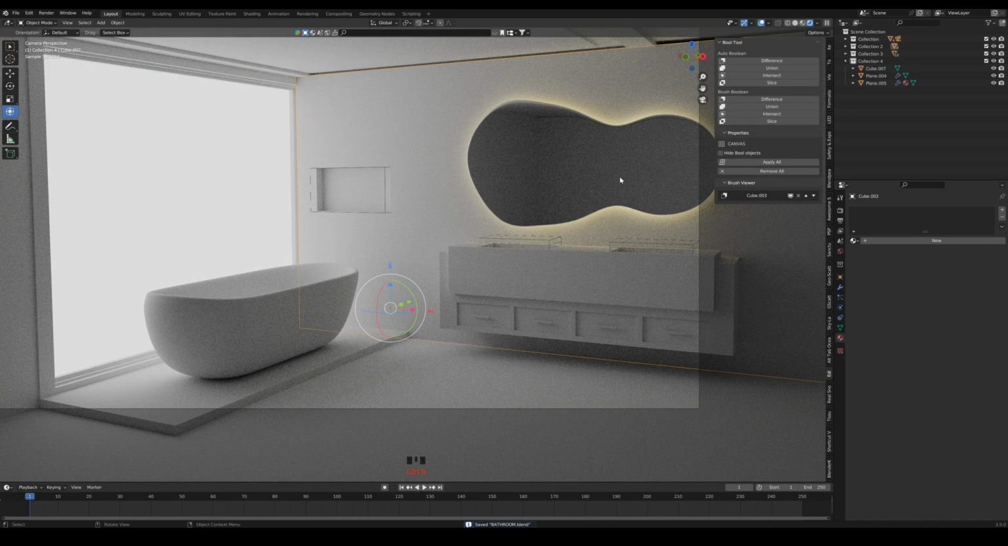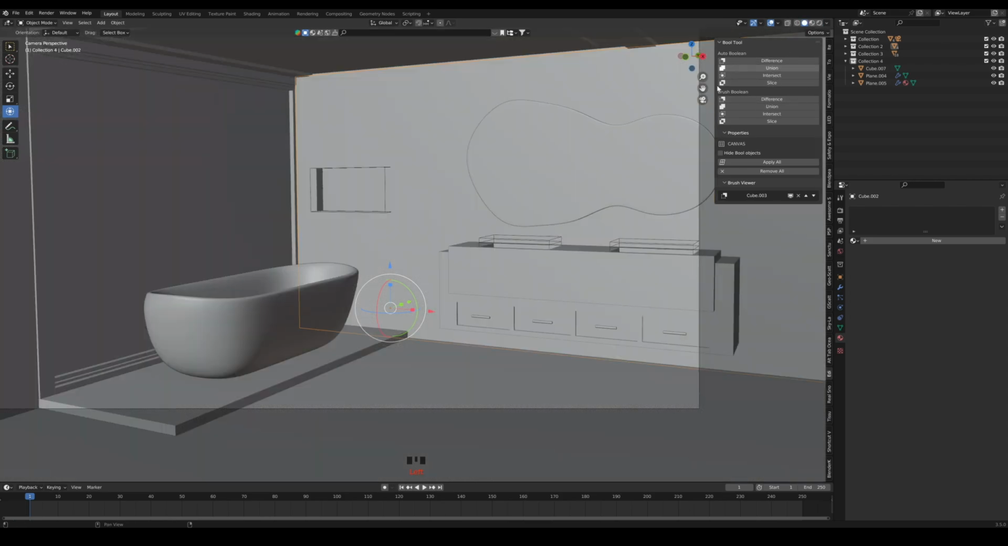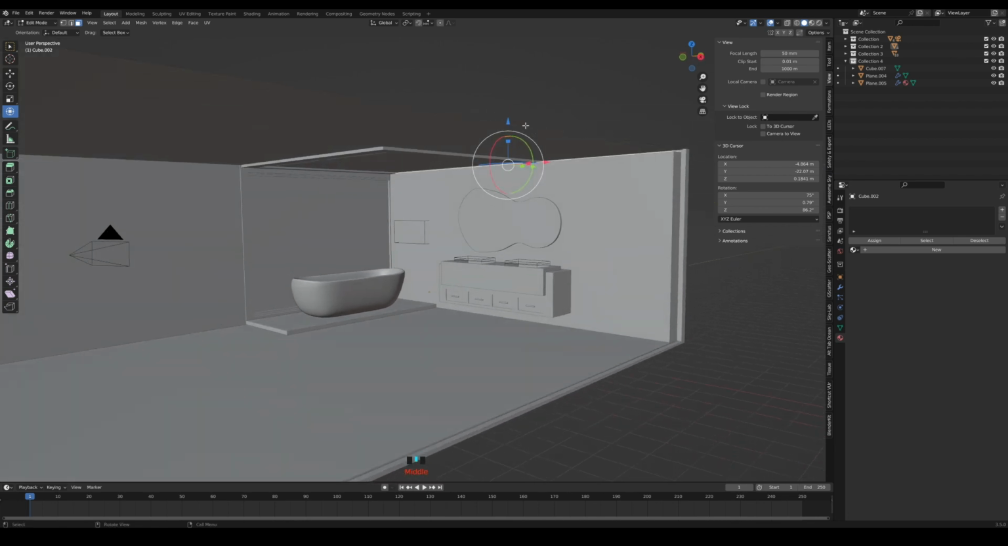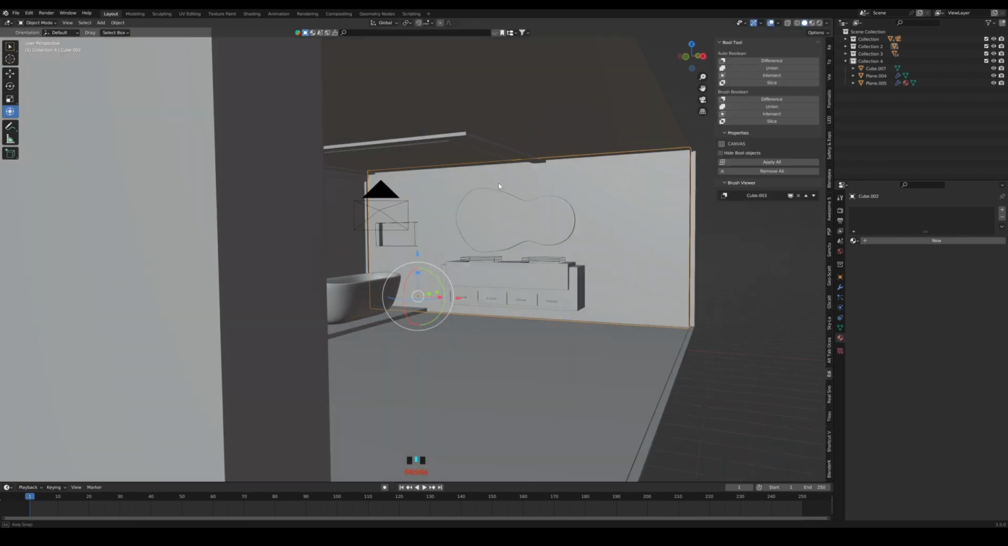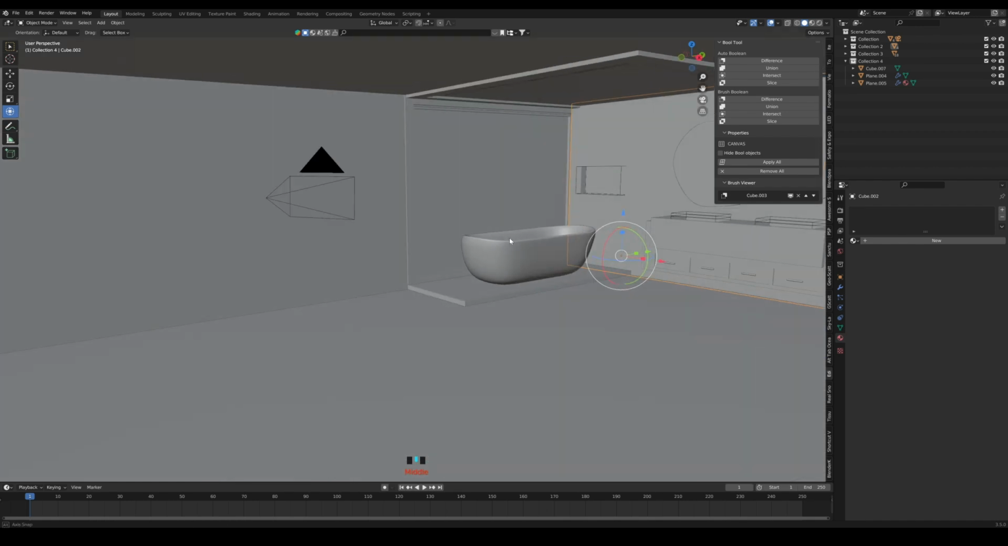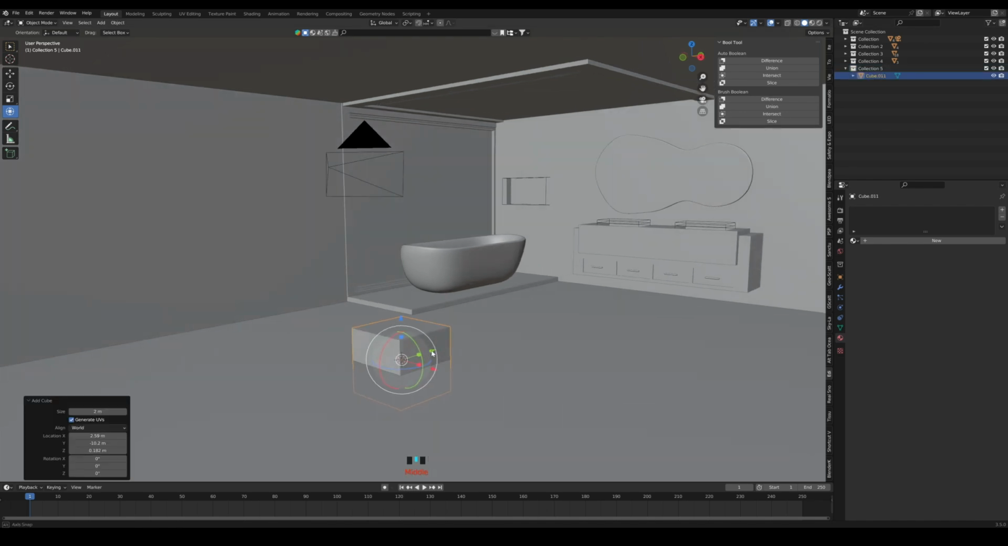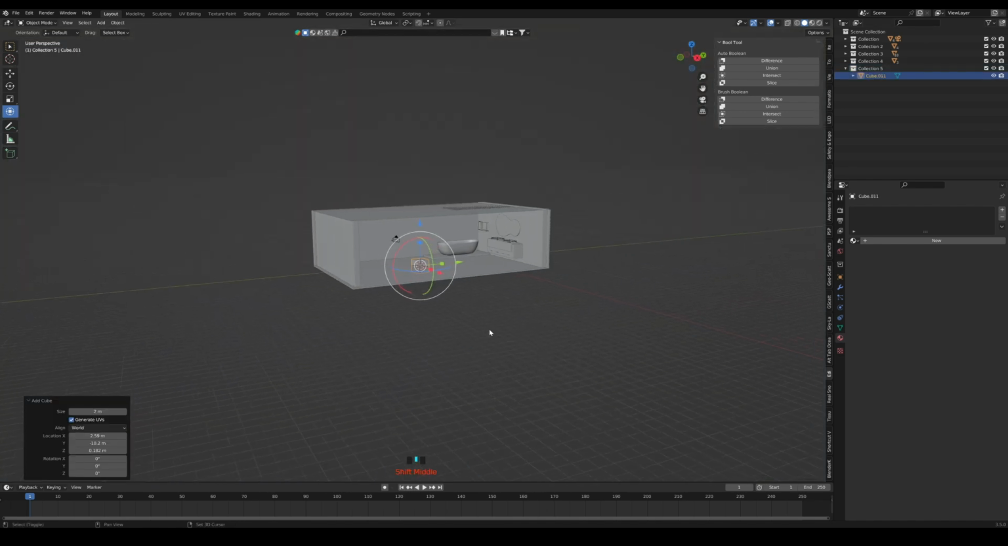Here you can see in the reflection of the mirror there is another reflection of the wall in the front. Let's try to create some kind of design here, and for the sink too, let's adjust it a little bit. We can create a new design by adding wall here,